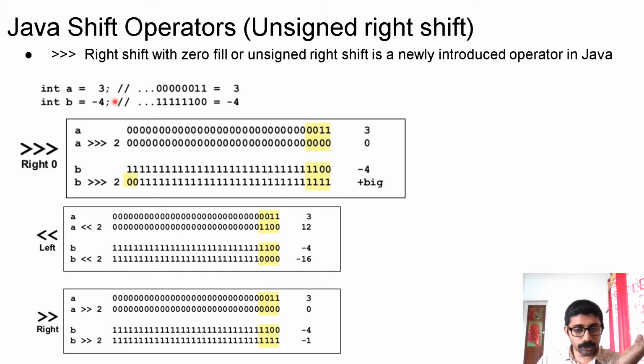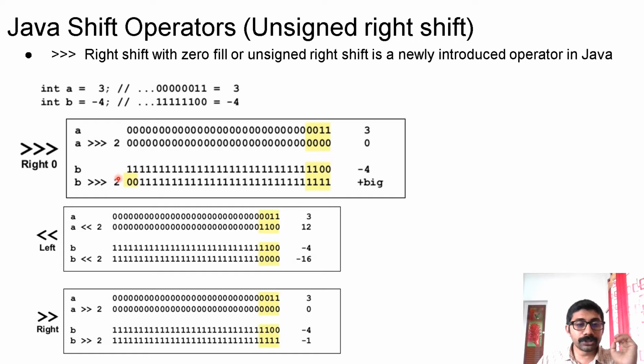In Java we are using 2's complement representation for negative numbers. So -4 will be represented something like this only. Means first bit is the sign bit, then all the things, and the last 2 bits will be 0 0. This is your -4. When you use unsigned right shift, it will not preserve the sign bit. It is unsigned, so it will shift these two also. So these two positions will be 0, and the other two zeros will be out.